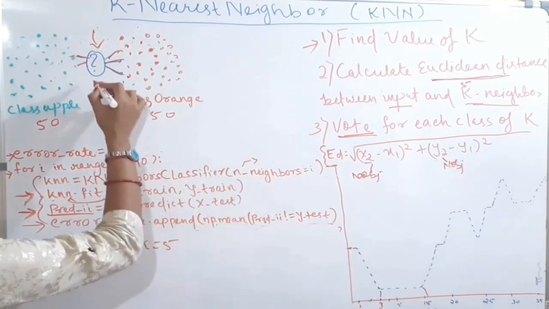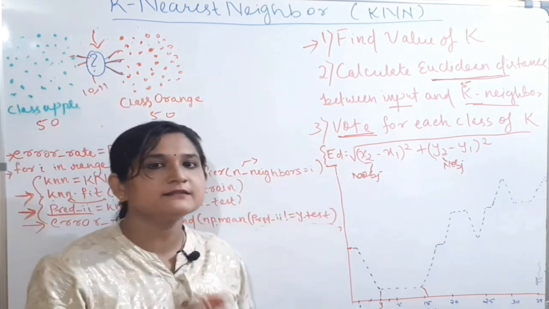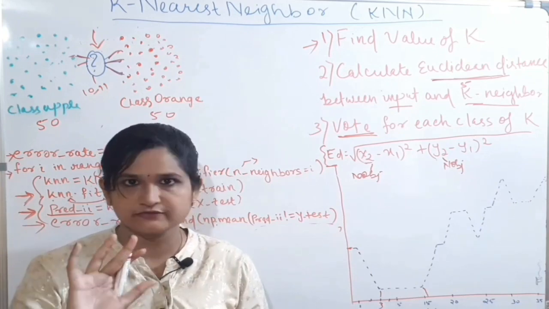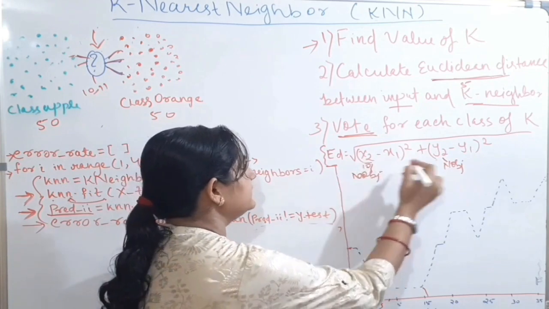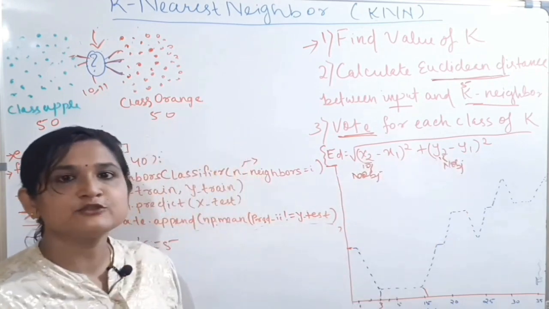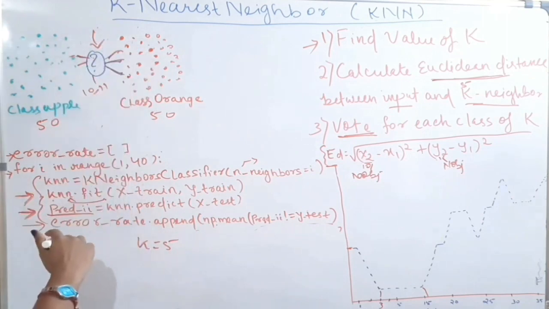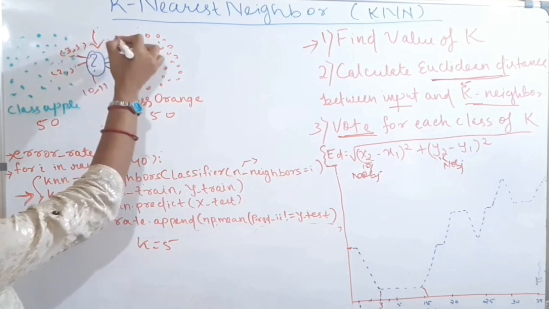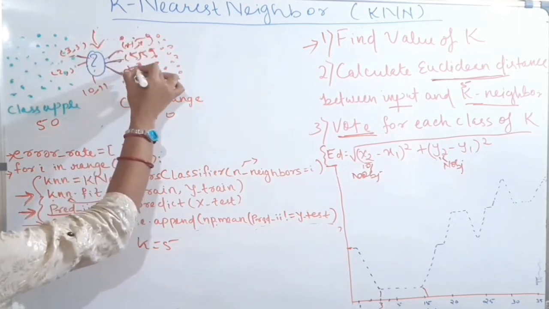Suppose the coordinate of the new object is 10 and 11. So x2, y2 will always be 10 and 11. For 5 times it will calculate a distance, because there are 5 nearest neighbors, so this will always remain 10 and 11. And this x1, y1 is the coordinate of your 5 nearest neighbors. Let these coordinates be 2, 3; 3, 3; 4, 5; 5, 5; and 5, 6.